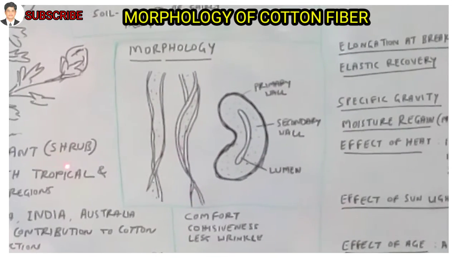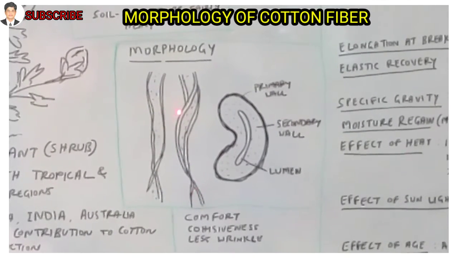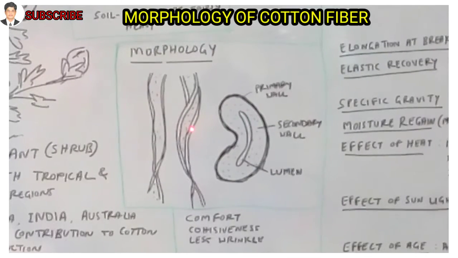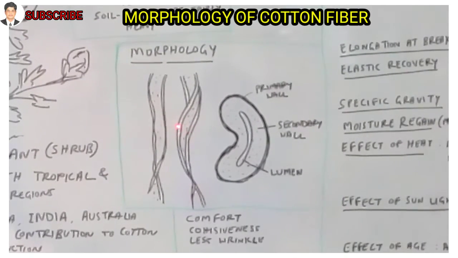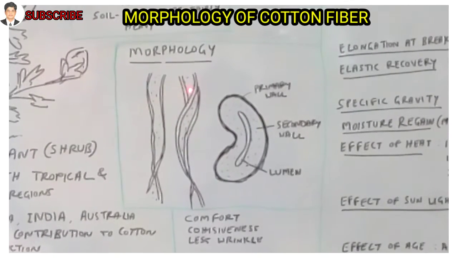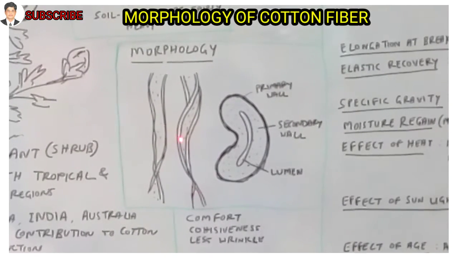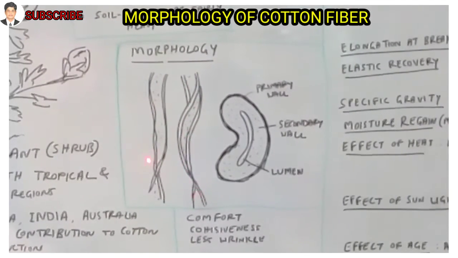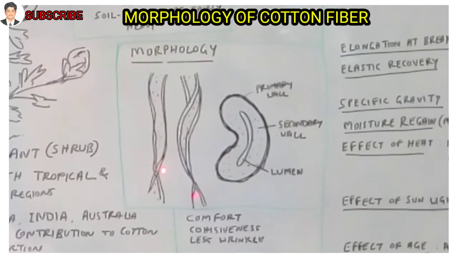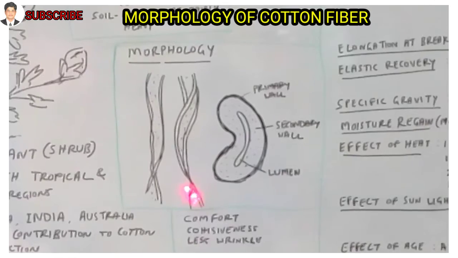But what we assume, if we take cotton fiber in hand, it appears like a round cylinder. But these two pictures appear in the microscope. When we see in the microscope, it appears like this. Cotton fibers are not a cylindrical round shape. It's a flat, ribbon-like structure. Vertically, it is a long, flat, ribbon-like shape.